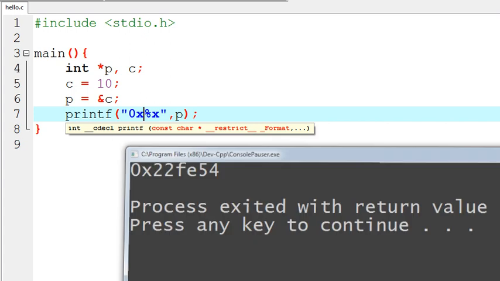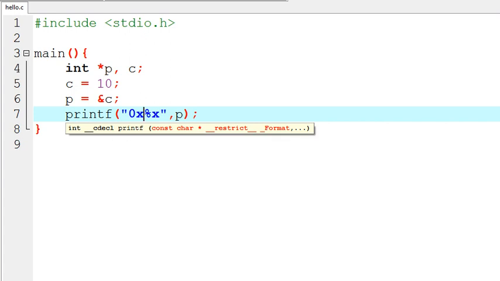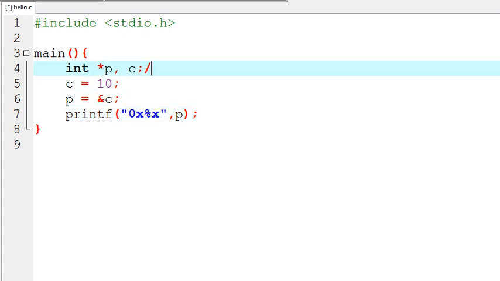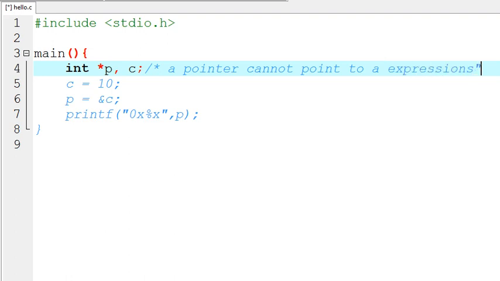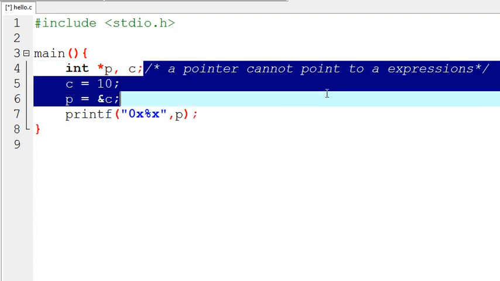Something to note is that a pointer cannot point to not a constant. There's a better word for it. What am I looking for? Expressions. Yeah, there we go. And that's important to note,